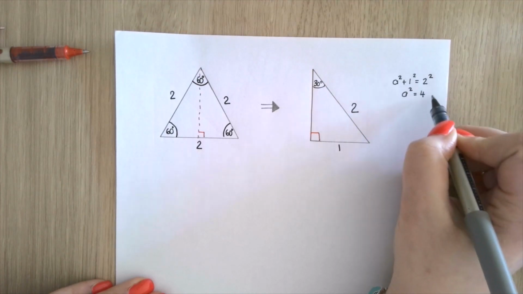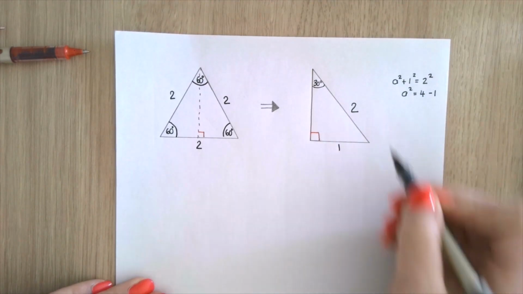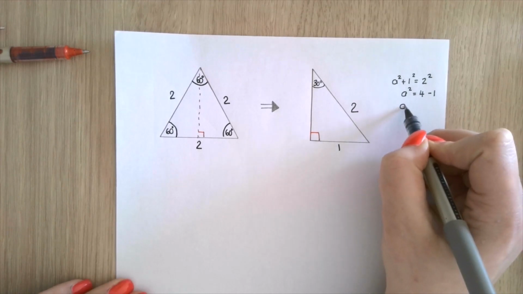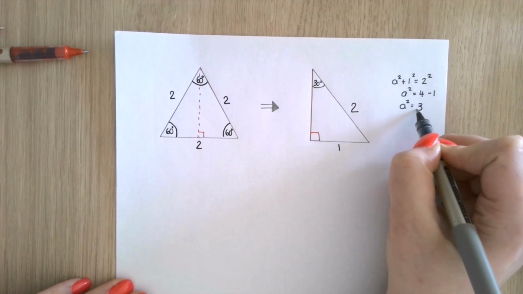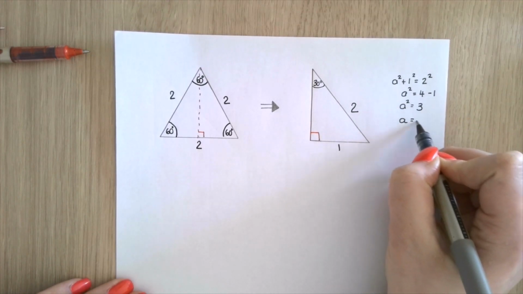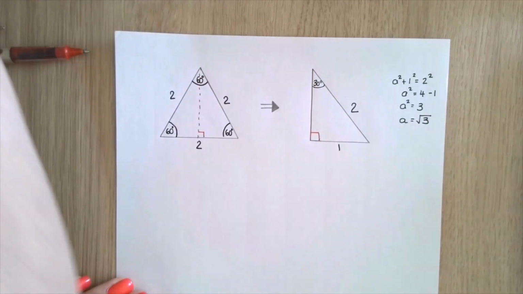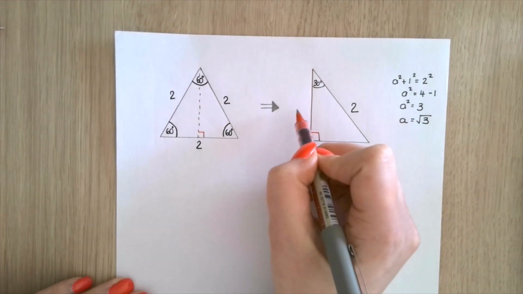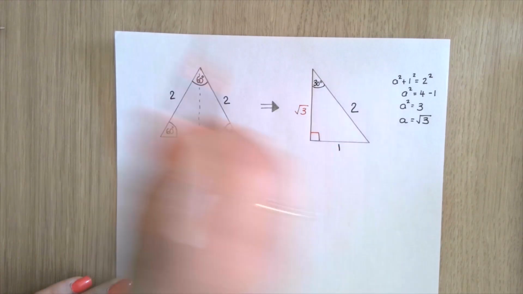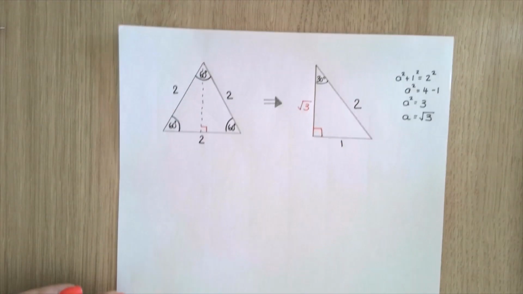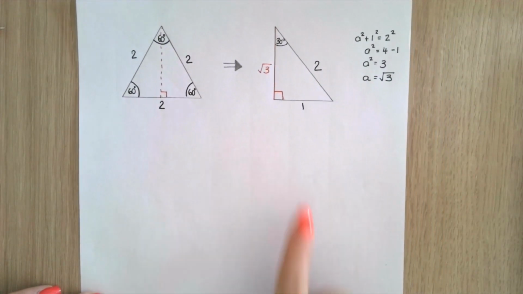Subtract the 1 squared from both sides, which is 1. So a squared is equal to 3, therefore that length is root 3. So just to fill that in here, that length there is root 3. Okay, so using this triangle now,